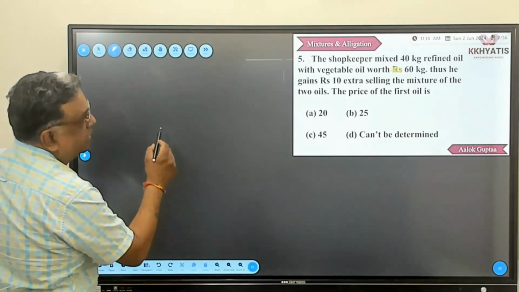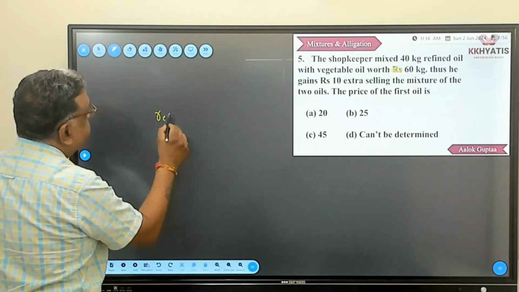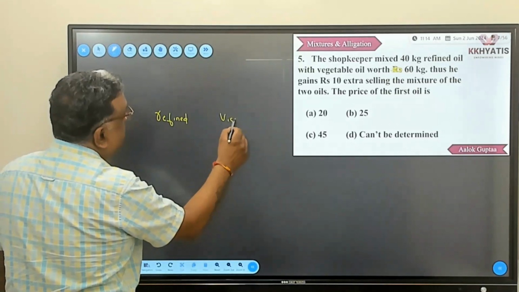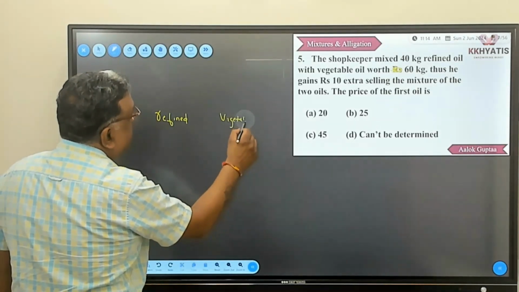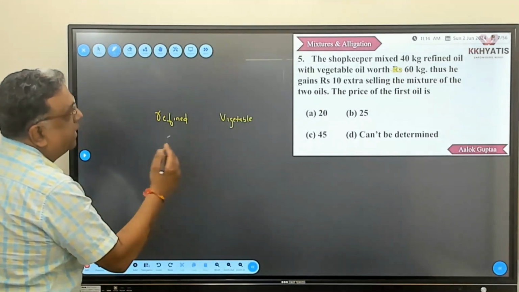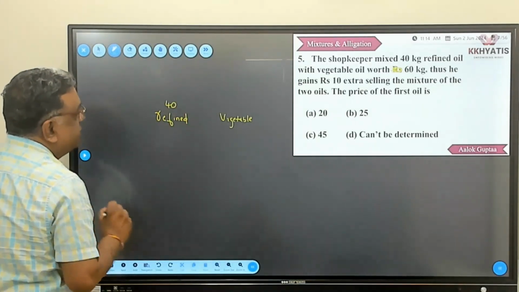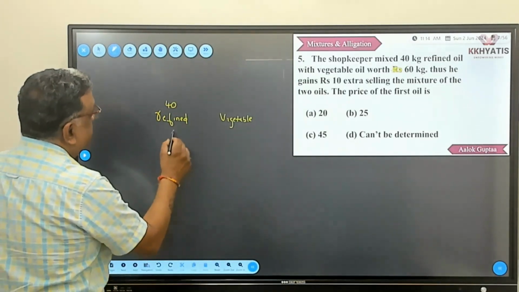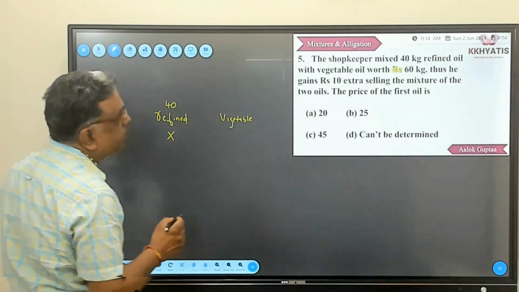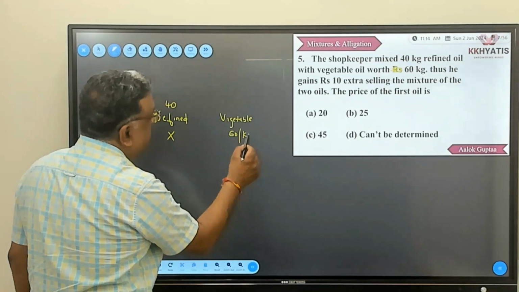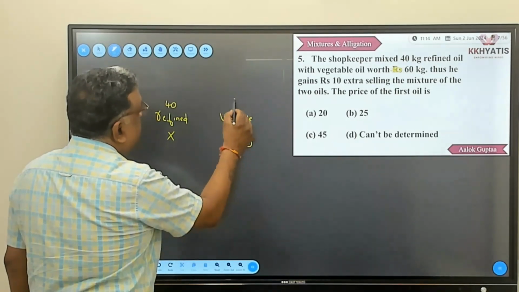So, let us say refined oil and vegetable oil. Right, and this is 40 kg quantity, rate not known, 60 per kg, rate known, quantity not known,